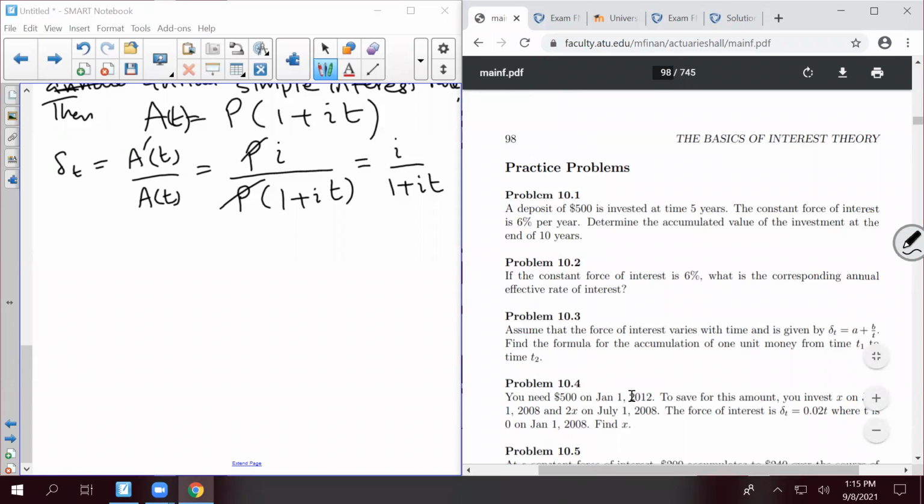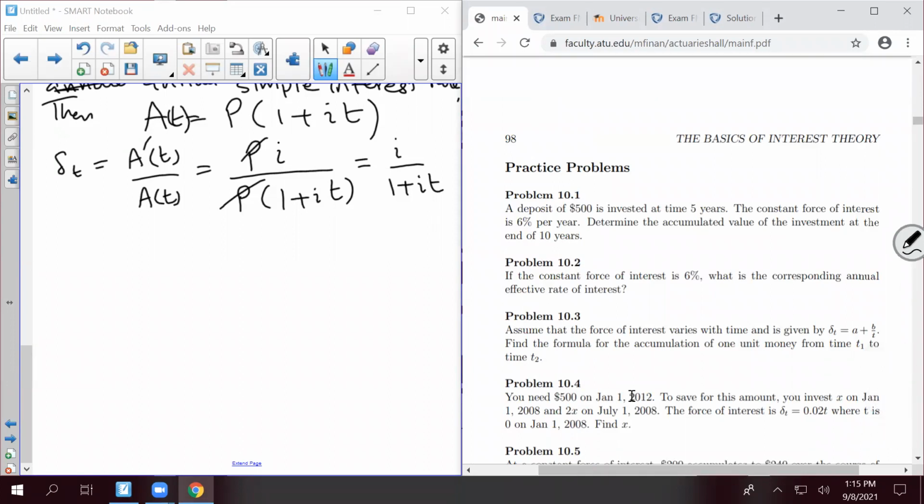A deposit of 500 is invested at time 5 years. The constant force of interest is 6%. Determine the accumulated value of the investment at time 10 years. So